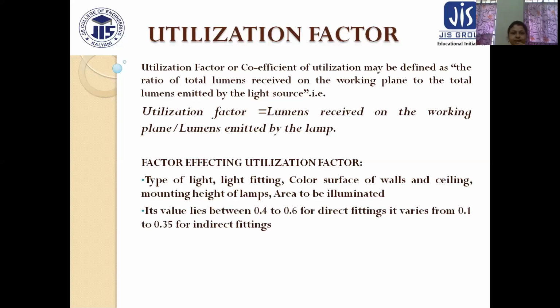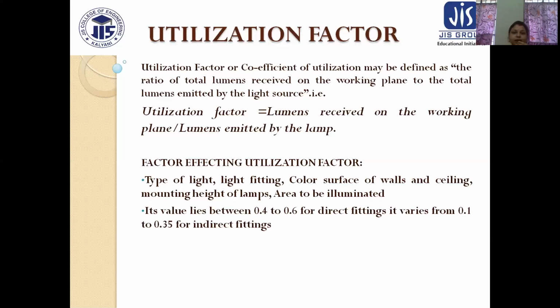So to complete a lighting design which is completely dependent on artificial sources, we should know some definitions and some factors, their units and their applications. They are very important for this lighting design. So let's go to the definitions which are related to photometry as well as different types of lighting design.